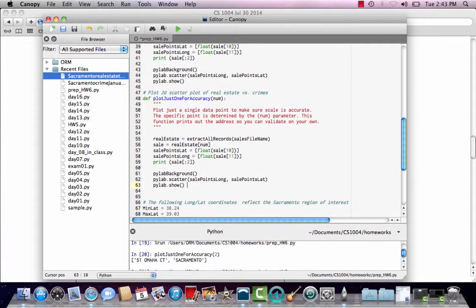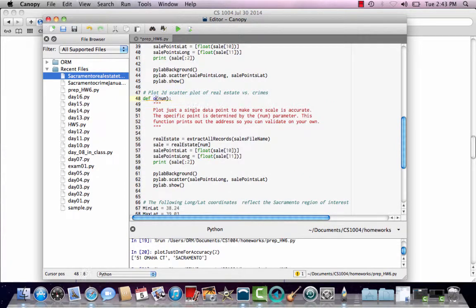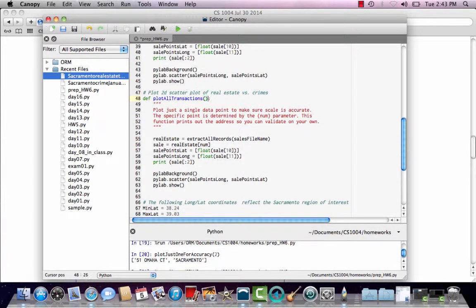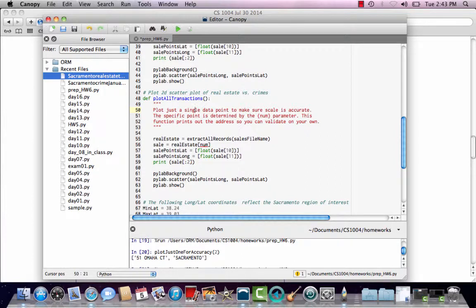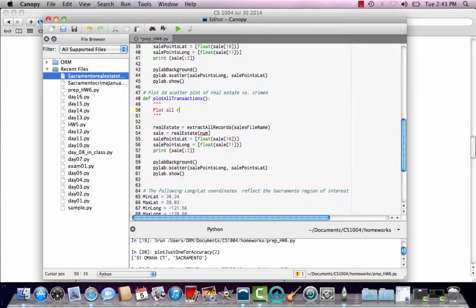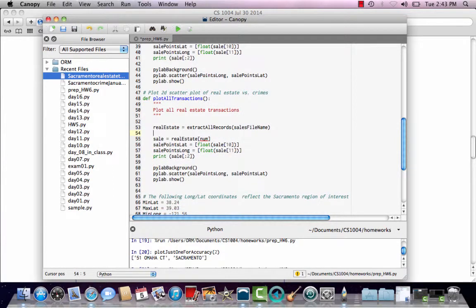Let me plot them all. So I'm going to say plot all transactions. I don't need a number anymore. And I'll just say plot all real estate transactions. I'm still going to load them all up one at a time, but now instead of doing an individual one at a time, I'm going to say, well, for every sale in real estate,